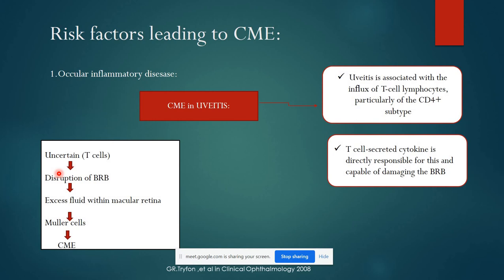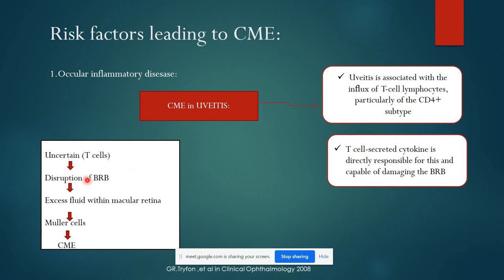So within the area, it is not within the blood vessels. That's the reason within the retina we don't have any blood pooled in, which is being controlled by a blood retinal barrier. So once there is a breakage in the blood retinal barrier, the fluid will start to inflow into the retina. So these T cells are responsible for the disruption of the blood retinal barrier, and once